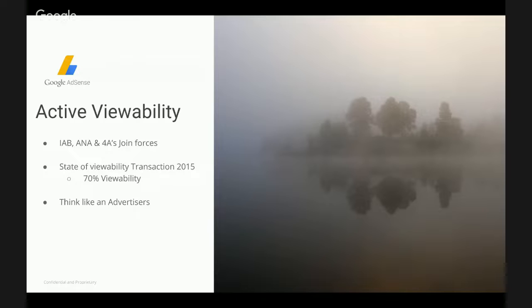And so these three parties came together to create this joint force and to create a document called the State of Viewability Transaction 2015, where their goal was to get 100% viewability. And last year it was announced that 100% viewability was not an achievable goal, but 70% viewability was. So I think it's important to take into consideration that active viewability is something that advertisers are actively striving for. Getting their ads in the view of users is important to them